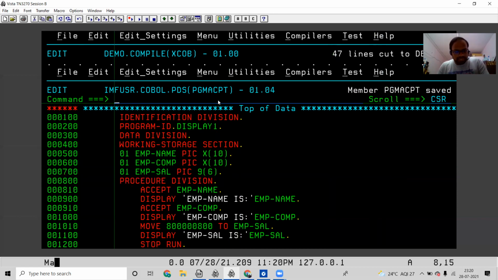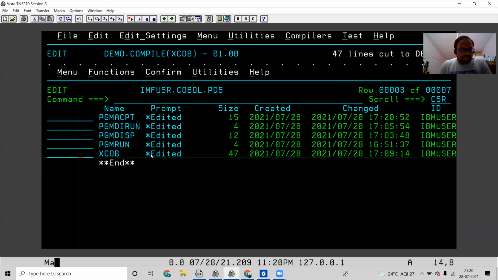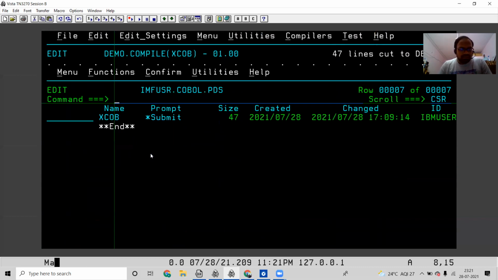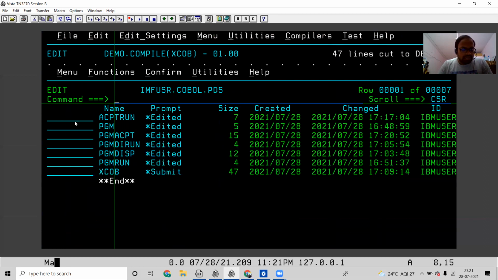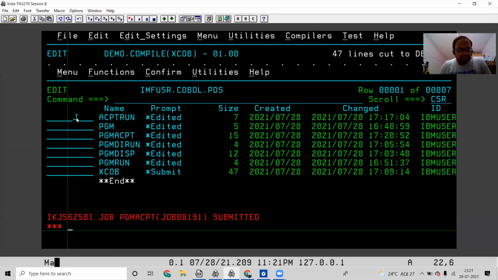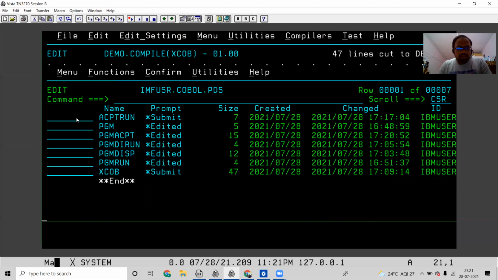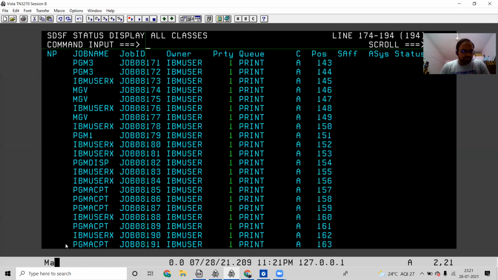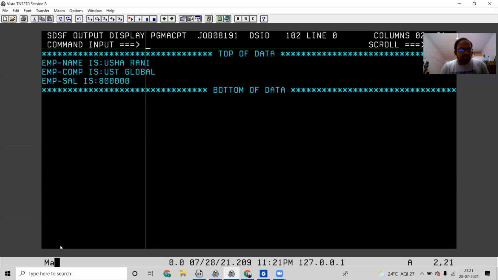Save and let us run the program. Okay. Max is 4. Now let us run the ACCEPT RUN also. Max is 0. Now let us see. See, the left side data got truncated.